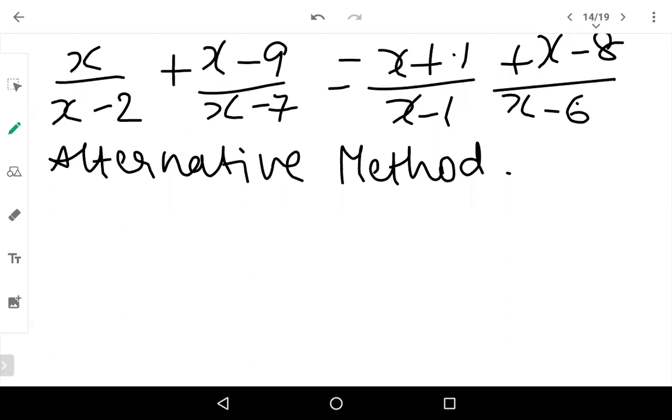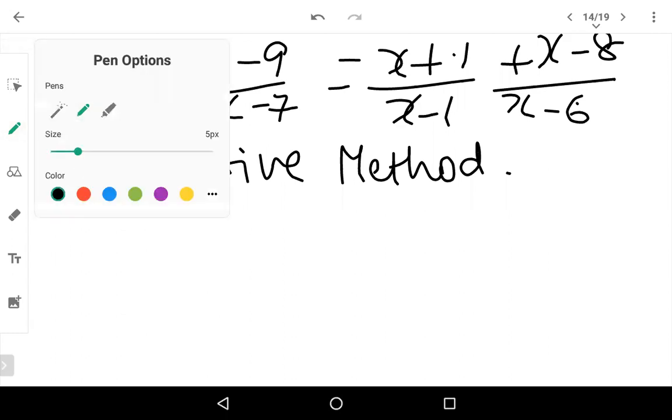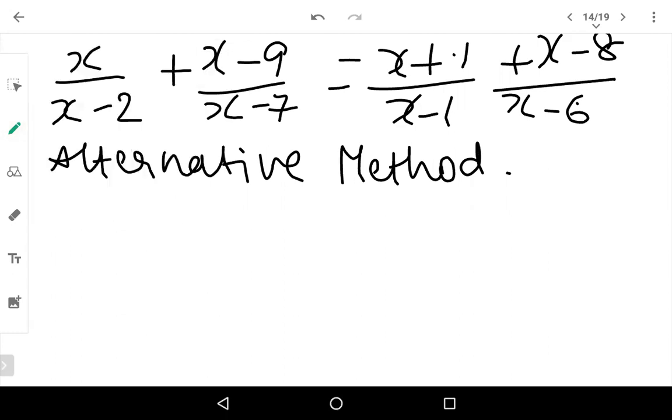Okay, the first step in this method is that we are using transpositioning. Now what is transpositioning? When I change the sides of the expressions in the equation, that is known as transpositioning. So if I get one of the variable to the other side, one of the whole variable, if I get it to the other side, that is called as transpositioning. Okay, so let us do like this.